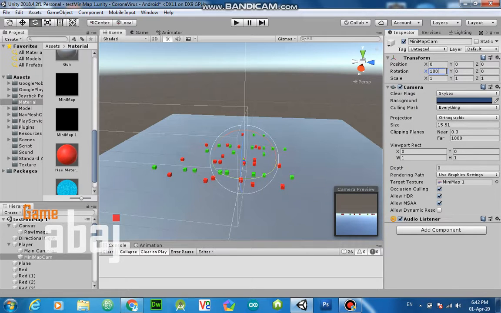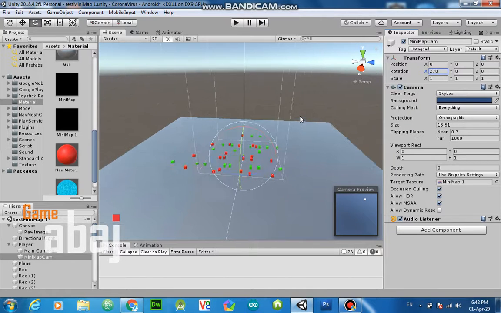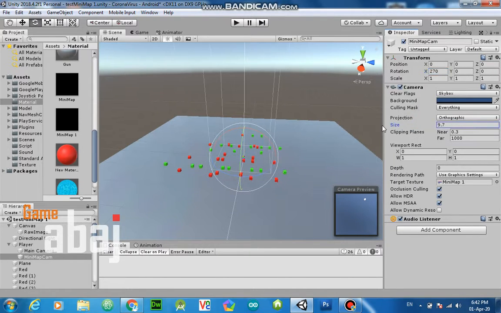This portion you have to check according to your game. So check which angle is suitable for you. This is the size, but nothing is showing.